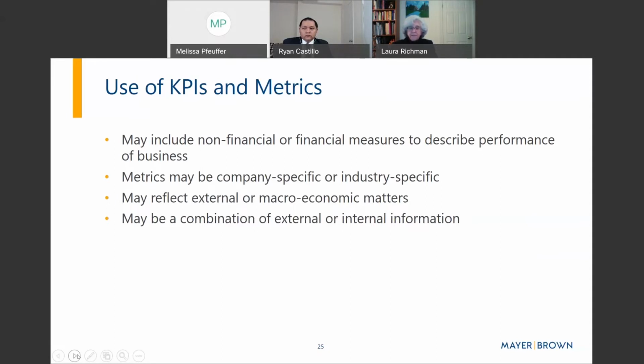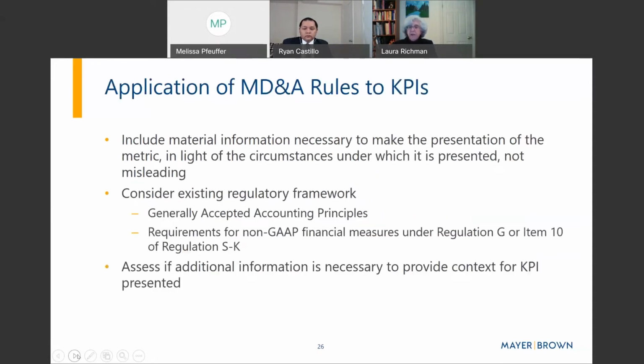Slide 26. The KPI guidance reminds companies that when they include metrics like this in the MD&A, they need to include further material information as may be necessary so the metric is not misleading. Now, according to that guidance, a company must consider whether there's an existing regulatory framework. It could be GAAP or Reg G or Item 10 that applies in the context of the metric it uses,